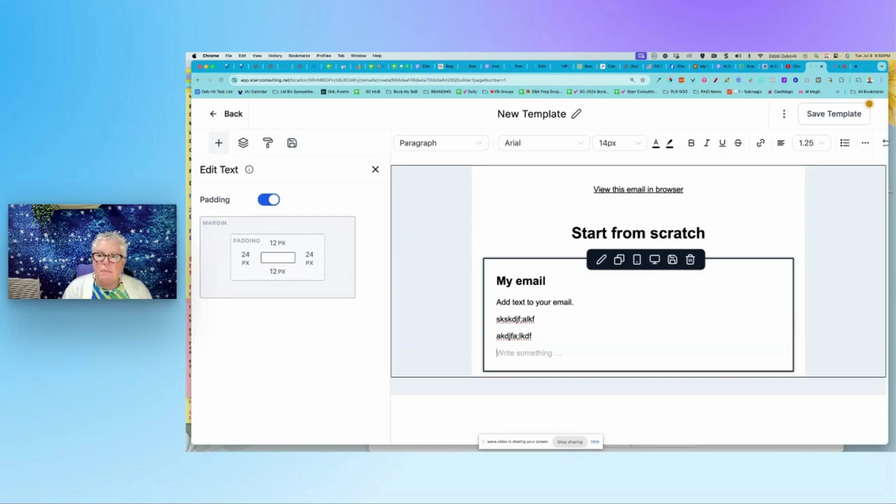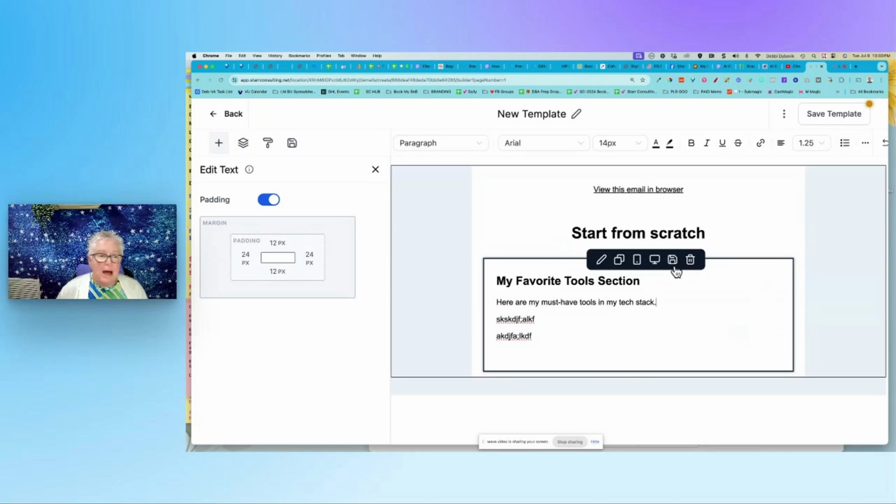If there are certain blocks of text that I might use, not on every single email, but on some emails, what I could do is actually save that little section. So I'm just going to call this my favorite tools section, for instance. And maybe I'm saying, here are my must-have tools in my tech stack. Now, this is something that I wouldn't put in every single email. It's not like a footer that shows up with the unsubscribe, but it's something that periodically I would want to add. So here within GoHighLevel, all you have to do, I'm in this section,